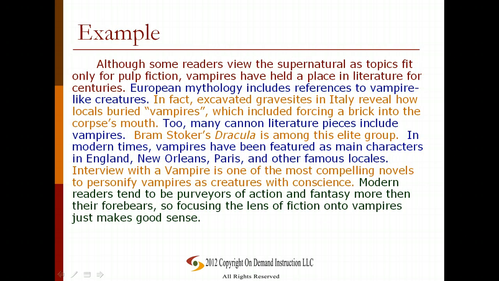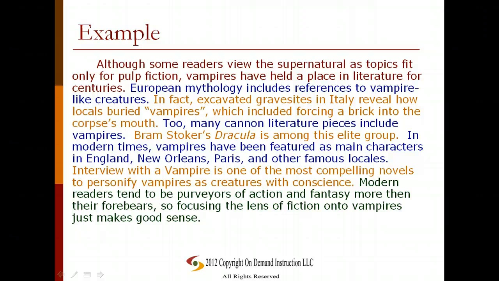Let's take a look at an example here. Notice that I've color-coded it for you. Our first color there is the red. That's your introduction sentence. And then we have that dark blue. Those are your broad general support statements. Then we have the yellow. Those are your detail statements. And then finally down here at the end we have the green. The green is used for your conclusion statements. So our example reads,